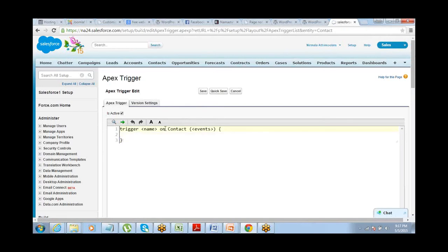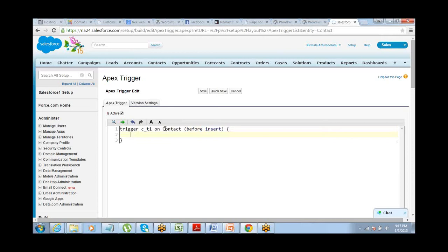Okay, syntax is here. Let's say trigger CT1 event before insert. And then you write for.